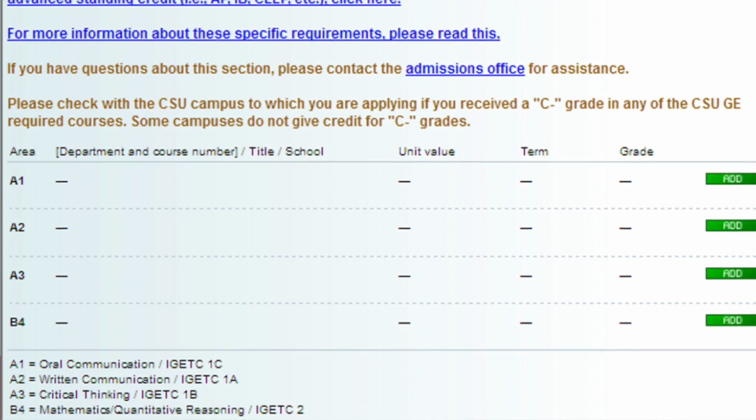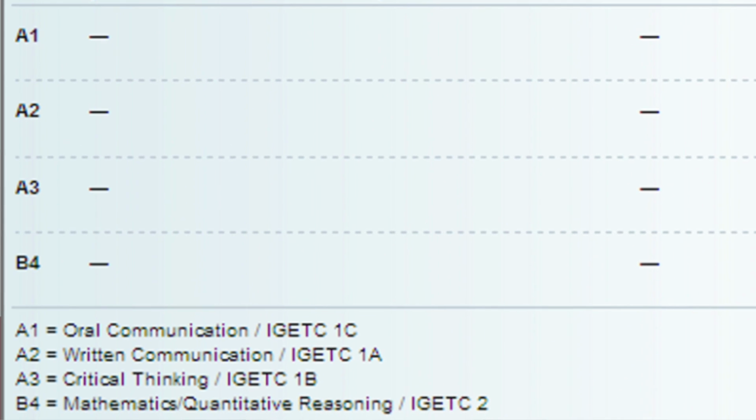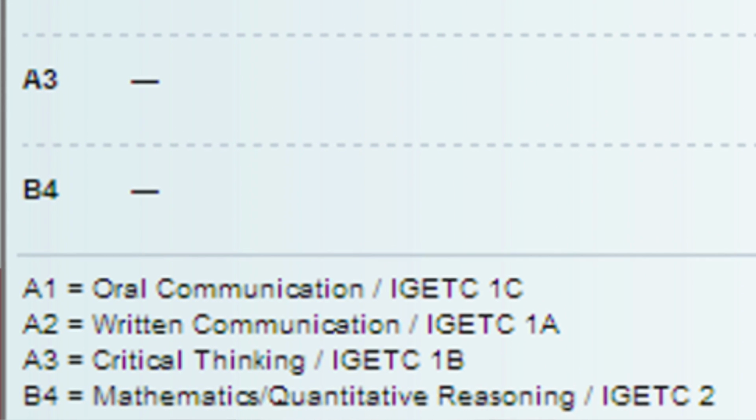So it's also going to ask you for the Golden 4 classes, which is what I mentioned before, which is English 1 and 2, college level math, and then oral communication, which is public speaking or something like that. So you do need to take those 4 classes. It's okay if you haven't taken them yet, because they do give you the option to put planned or in progress if you're taking it at the time,